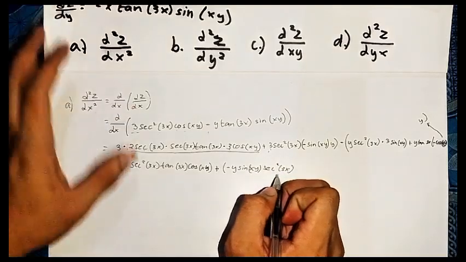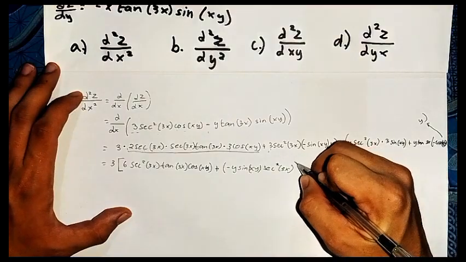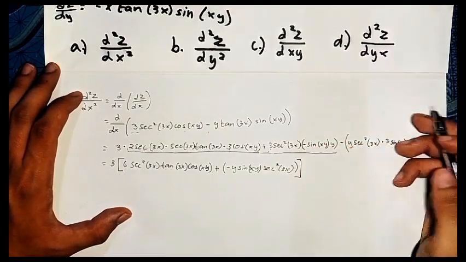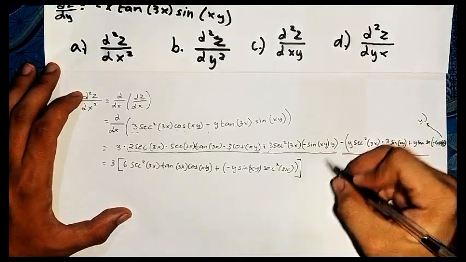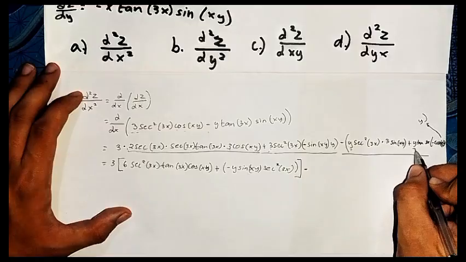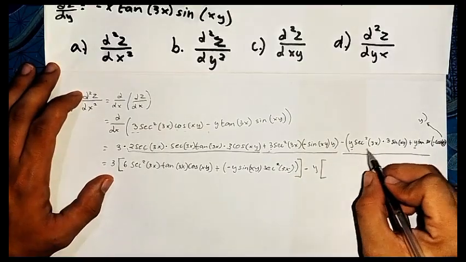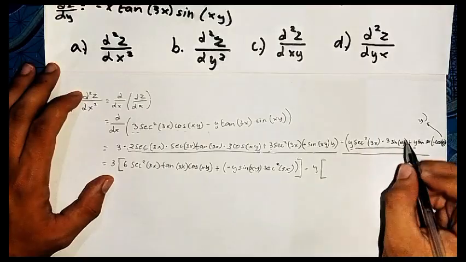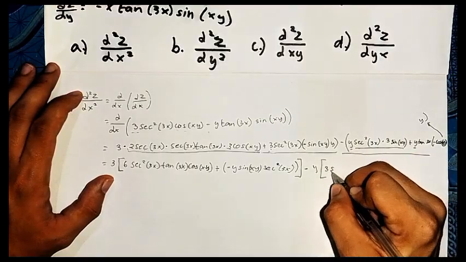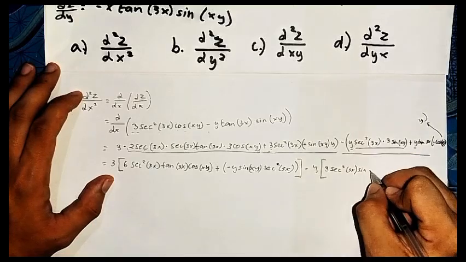That's it. We're done with this. Now, let's proceed to this. Simplify this. You can observe, there is a y and there is a y here. So, factor out the y, like the 3. Now, secant squared 3x times 3 sine xy, we have 3 secant squared 3x sine xy